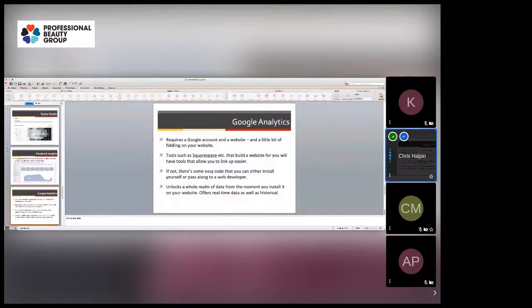Google Analytics. It requires a Google account and a website, obviously. There is a little bit of fiddling involved in order to get it set up on the website, so it's not as simple as Facebook and Twitter and Instagram where it's just there. Usually there are, with a lot of the website building options, so I know a lot of people have a Wix or a Squarespace website. With these, generally speaking, from what I found, I can't say it for each and every single one of them, but the ones I have